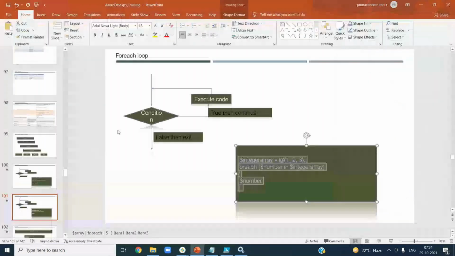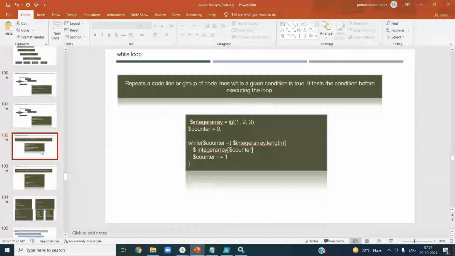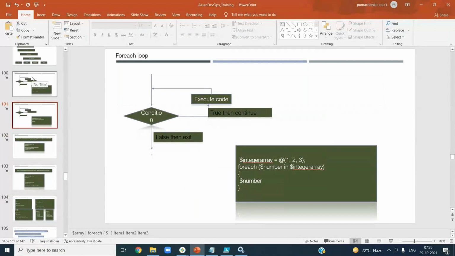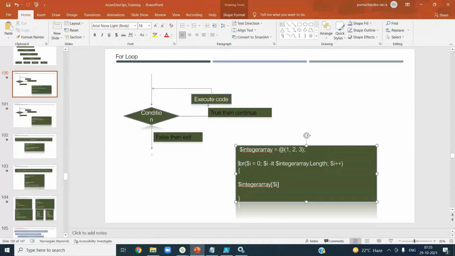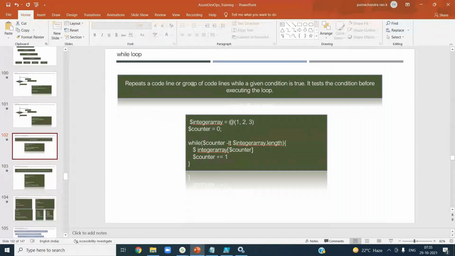So that's about the for each loop, and the next one is the while loop. Again, it will also do the same looping, but the syntax will be different. Let me show you. In a for loop, we are initializing the variable inside the for statement. But in a while loop, we will do it even before that. It repeats the logic you have in the while loop until the condition is true.